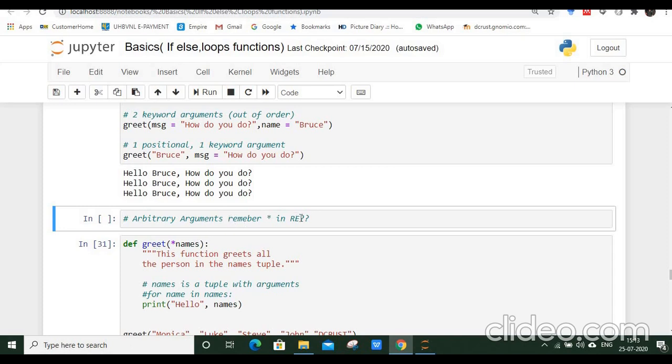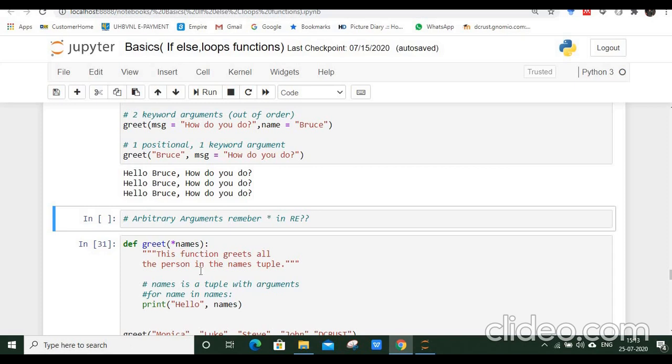It is similar to regular expressions in Python, where we use the star operator to mean 0 or n number of occurrences. Similarly here we are putting this star at the beginning of this parameter. It means that there will be 0 or more occurrences of the parameters at the call time, and all those are accepted as valid inputs to this function. So it won't create any issue if we pass any number of arguments to this function, or even if we do not pass any value to this function.